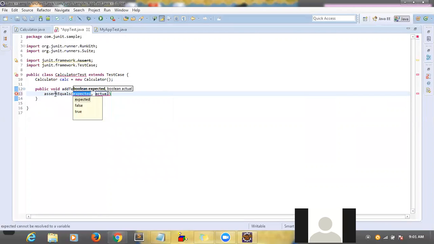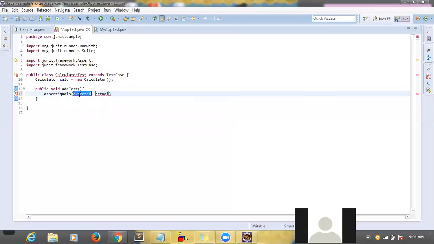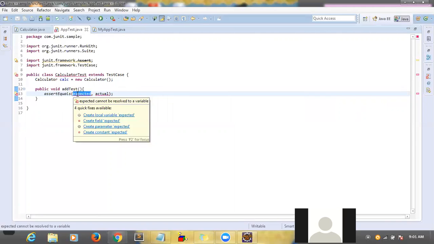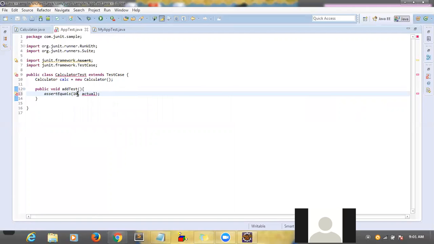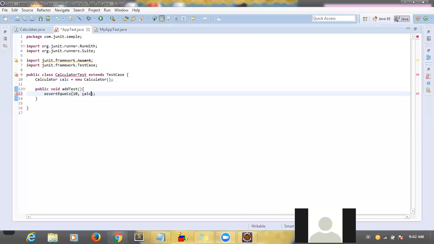This assertEquals is an inbuilt method. You will get it as part of JUnit. It takes two parameters as input, the defaults being expected and actual. Say for instance you are going to test the add method. If you give input 5 comma 5, what is the expected result? 10. The actual result we need to get from the calculator, we should not write it. So calc dot